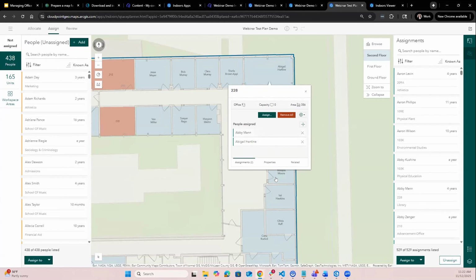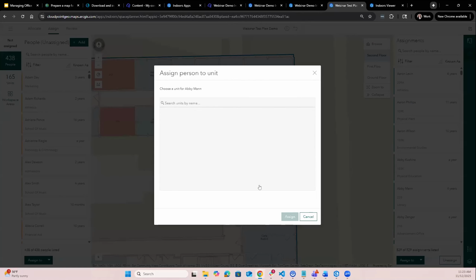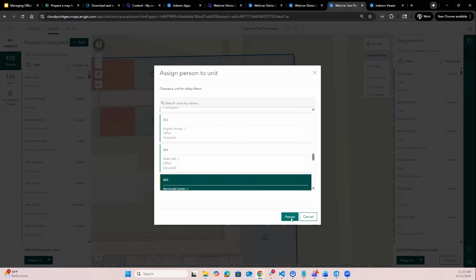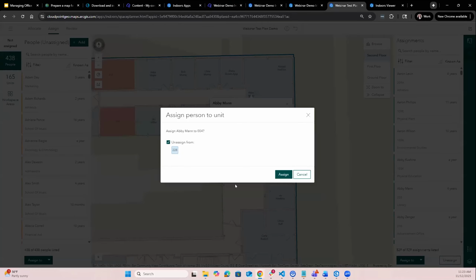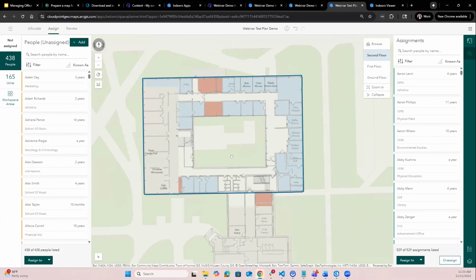I can click on a person. I can assign them to, let's say, another room, and do it that way. And I could choose to unassign them from their current room or keep them in their current room. So there are a lot of options to move people around and view your data and be able